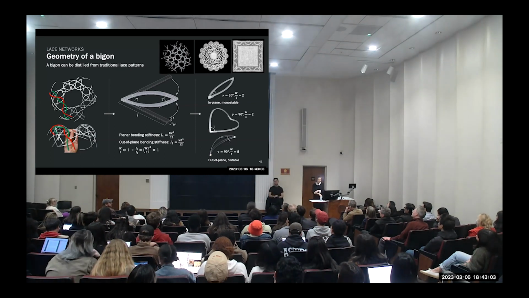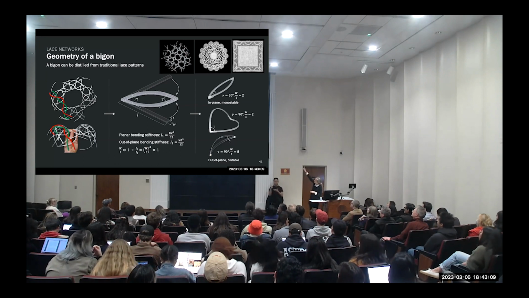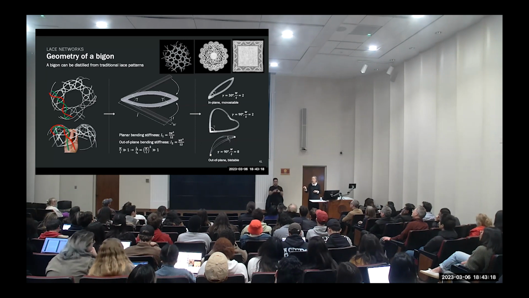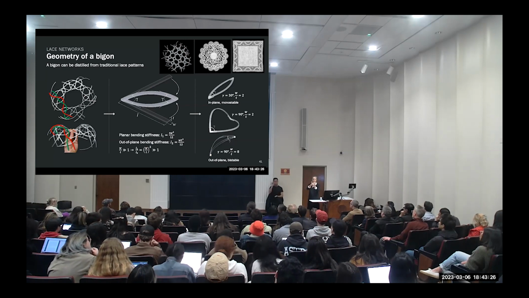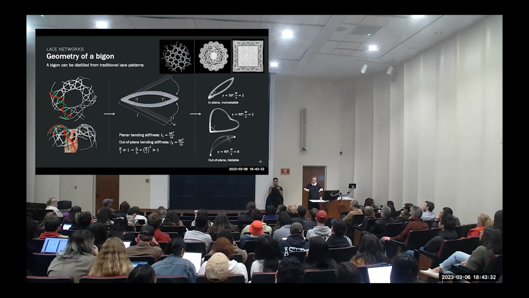I also, around the same time, started working on another project that was inspired by lace. So you see there on the top right-hand side, that's lace. Lace is a handicraft. It's not knitting, it's not crocheting. It's a little bit like weaving. So basically you have threads and then you have other threads going around it. But the difference with weaving is that weaving is at 90 degrees to each other. Lace has many different threads, and they're all at different angles.